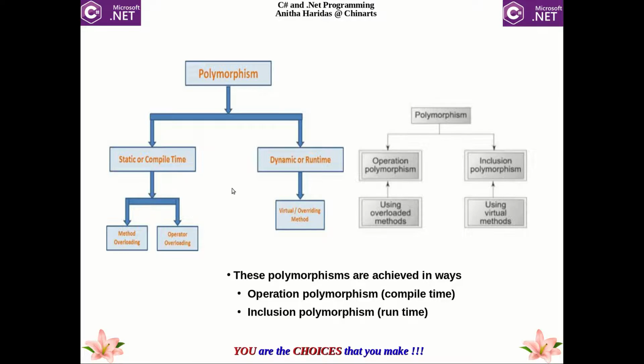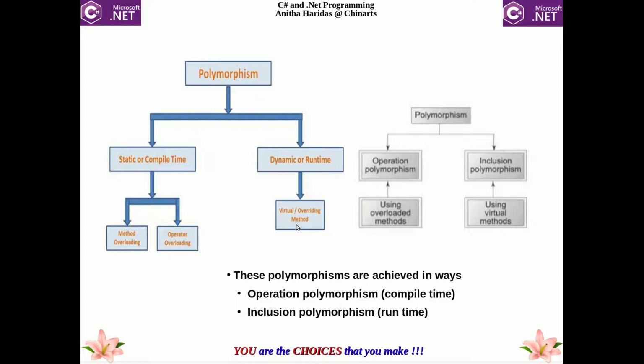Now, the static or operation polymorphism is achieved through method overloading and operator overloading, whereas the inclusion polymorphism or runtime polymorphism is achieved through virtual methods or overriding methods.